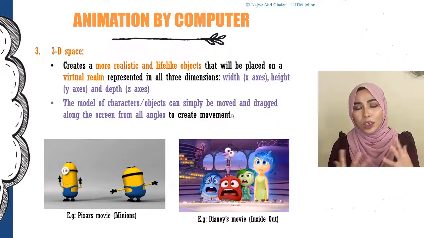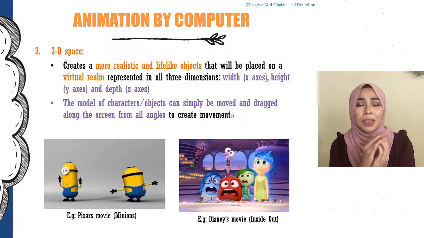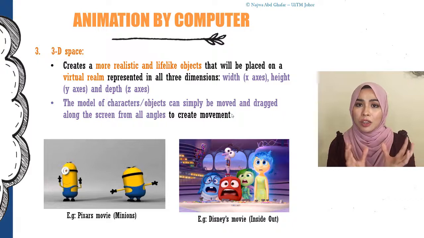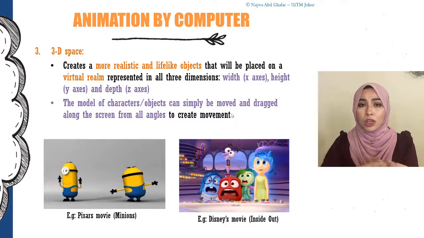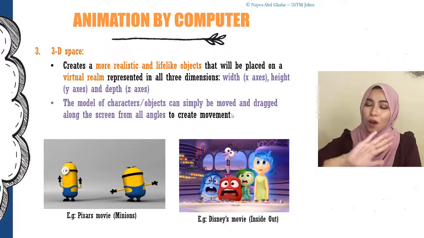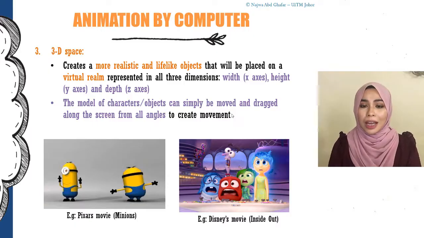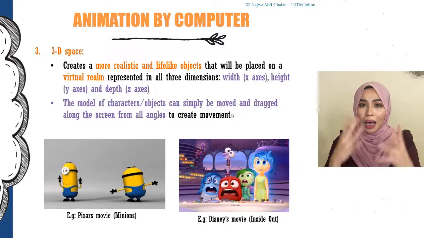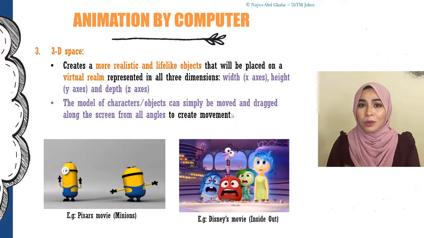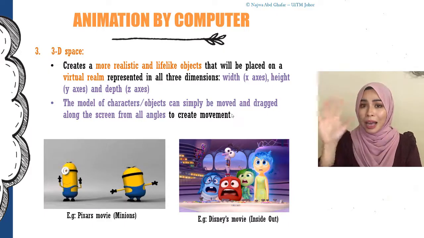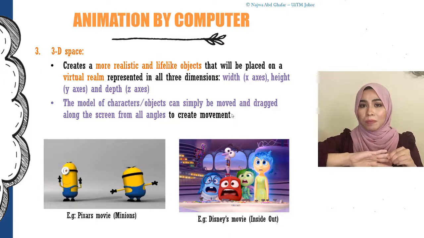Now, how we create 2D animation and 3D animation are completely different. With 2D animation, since it is a flat image, we're drawing the image. We're drawing each movement for that animation. So if I want to move my hand like this, I need to draw my hand in each position. But with 3D animation, we're not drawing it. We're creating models. Let's say I'm a model inside that scene. If I want to create a movement where I move my hand, since I have created this model, I can just easily take my hand and